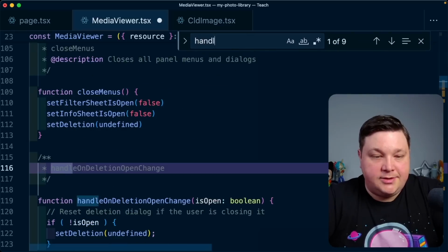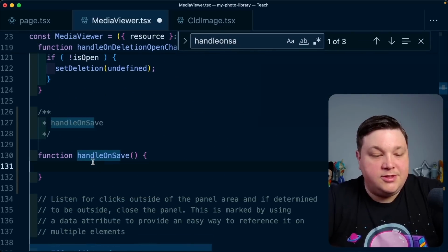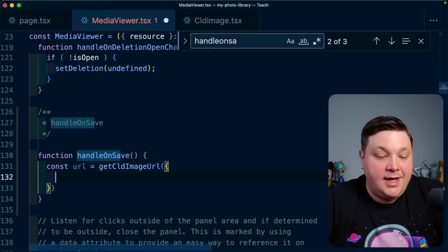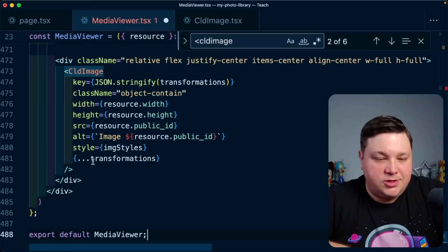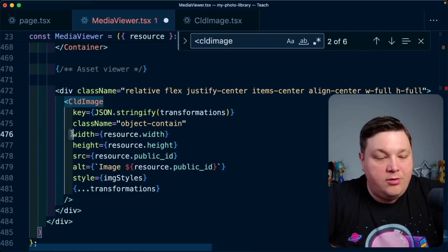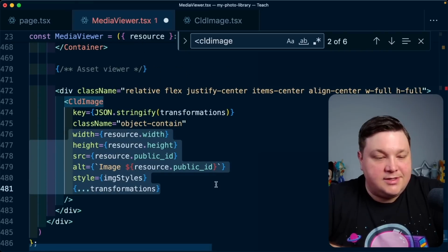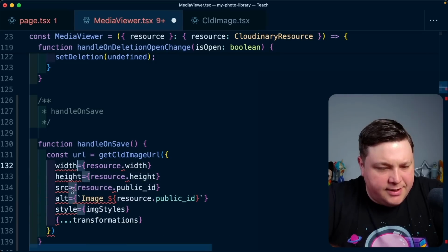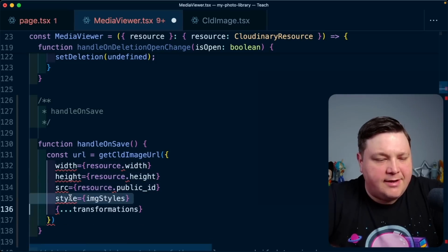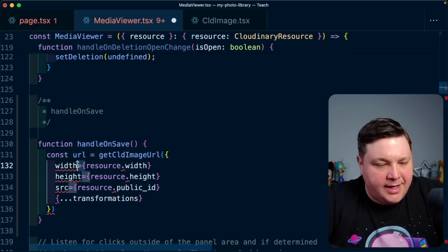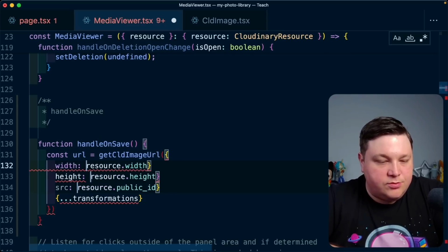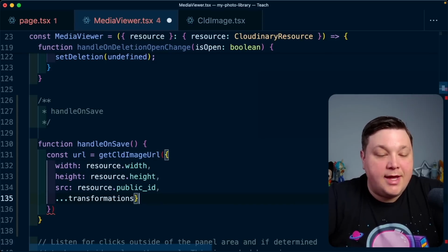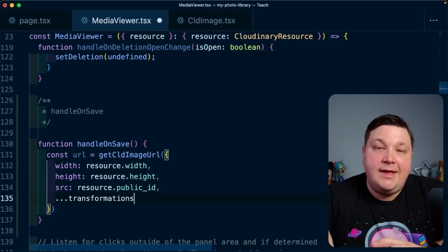I'm going to go to handle on save, where I'm going to now create constant URL is equal to my get CldImage URL. And I'm going to actually go to CldImage, which is the bottom one. I'm going to grab all these props, including the transformations, and paste them inside as my options. I can get rid of the alt because that doesn't matter. I can get rid of the styles because that doesn't matter, but I can now change these into properties so that I'm passing that through and basically constructing it the same way that I would for the CldImage